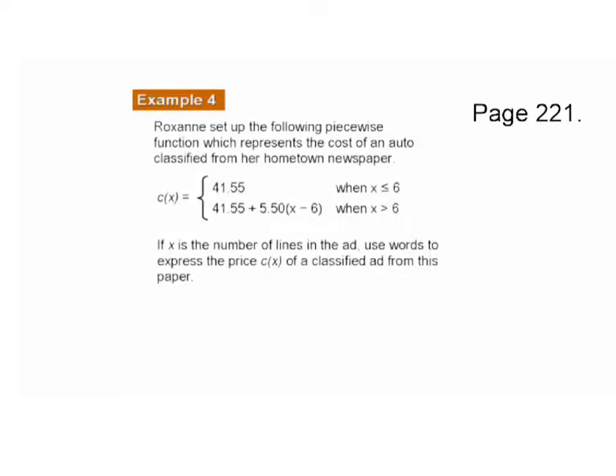Here's example 4. It says, Roxanne set up the following piecewise function, which represents the cost of an auto classified from her hometown newspaper. C of x equals 41.50 when x is less than or equal to 6, and it equals 41.50 plus 5.50 times x minus 6 when x is greater than 6. If x is the number of lines in the ad, use words to express the price of a classified ad from this newspaper. So we could write something like, it costs